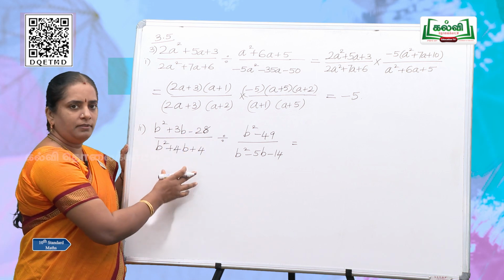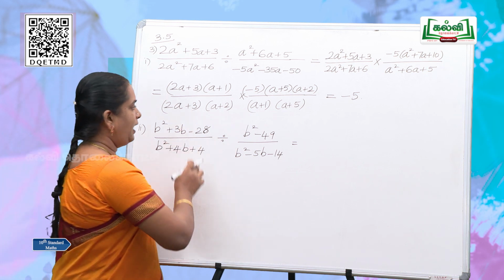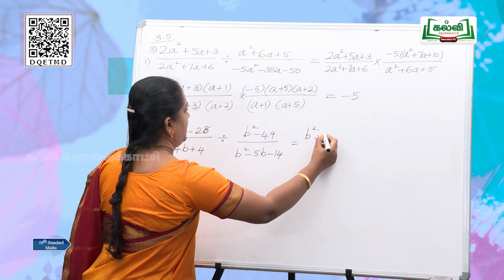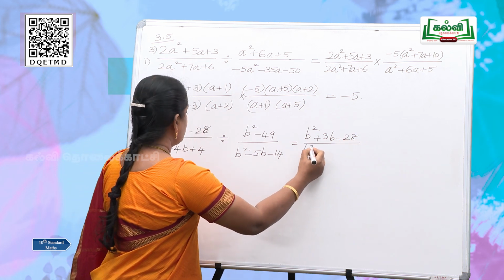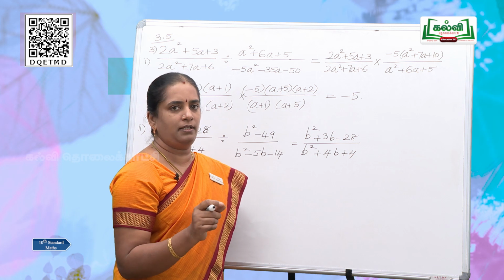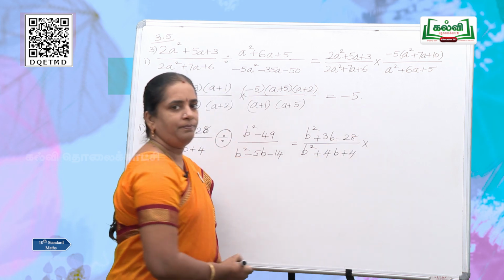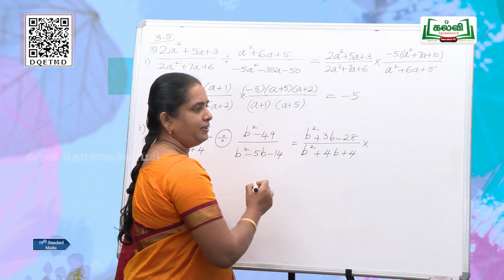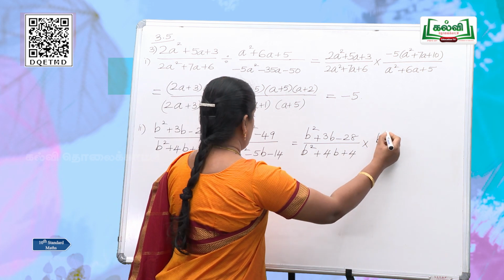See, a rational expression is divided by another rational expression. So, we know the procedure. We have to keep the first rational expression as such, that is b square plus 3b minus 28 is kept divided by b square plus 4b plus 4. First rational expression should not be disturbed, and the next one, that division, should be changed as multiplication. As we change the reciprocal of the division, we are going to change the reciprocal of the second rational expression. So, we have to change this as,